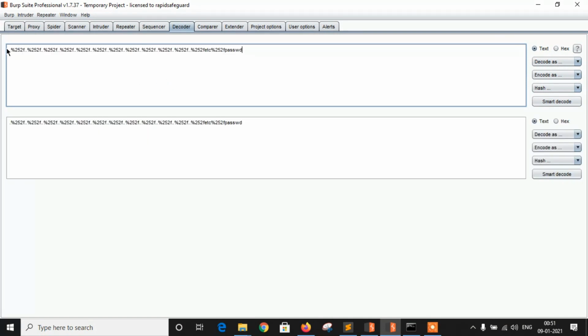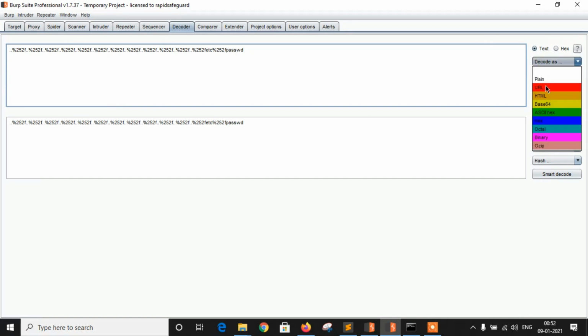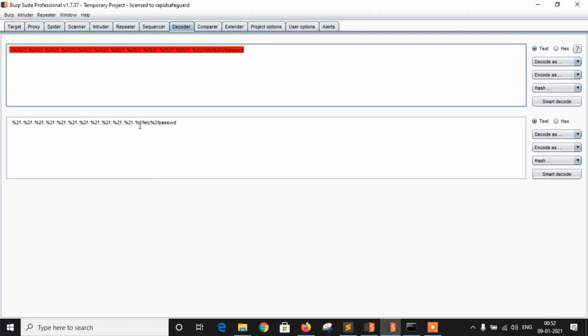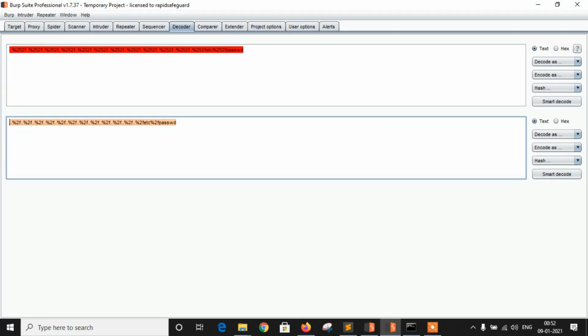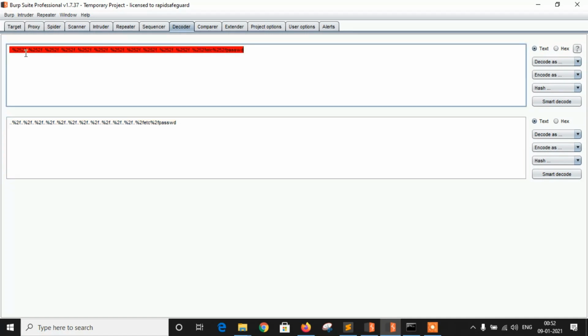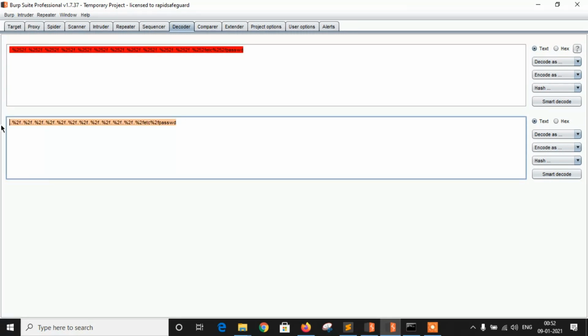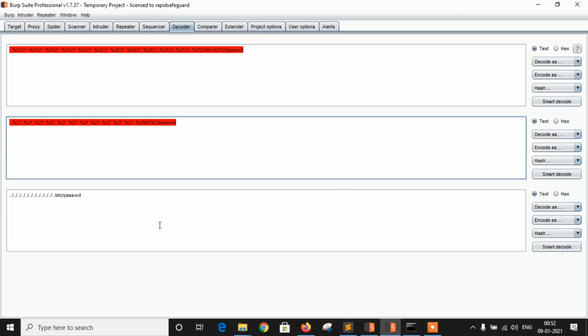In Burp Suite, there's the decoder. So first of all, this is the double encoded URL. Now it is converted to single encoding, and let's decode as URL again, so you will get the actual payload.